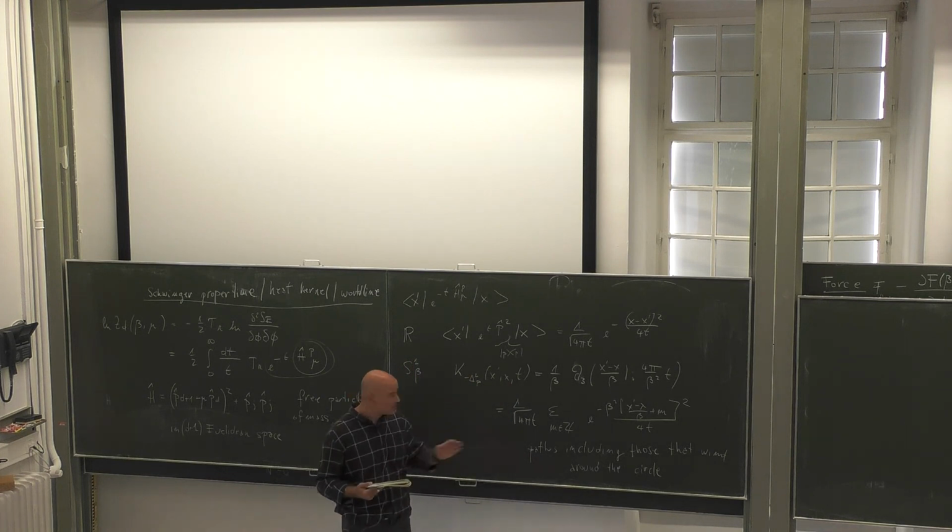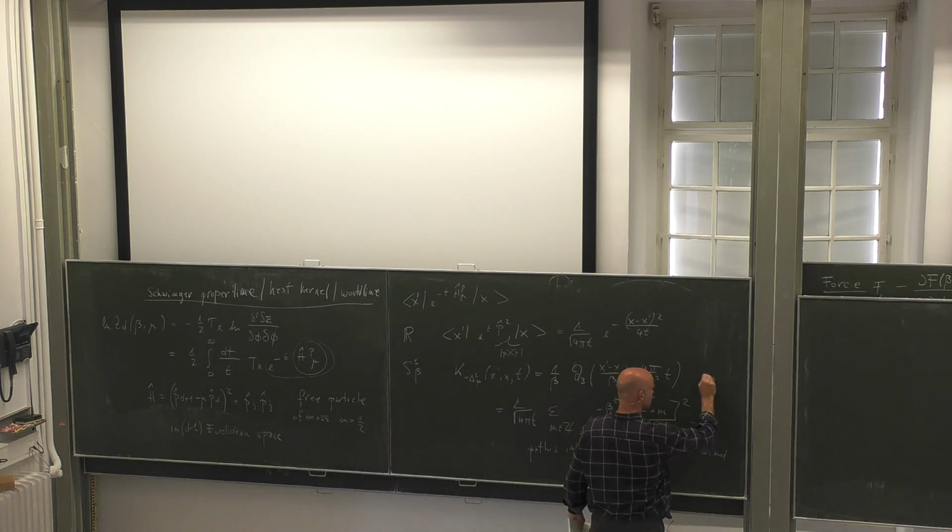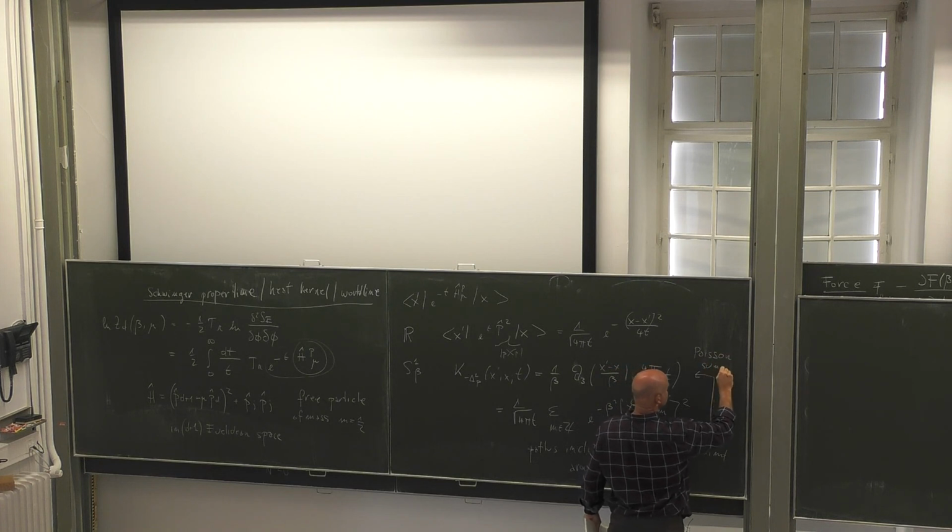Okay, but in the end, you check that both methods give the same result, and in order to check that the result is the same, you have to use the Poisson summation formula. They are related by the standard formula that you can find, and then you see that they are basically the same by the Poisson summation formula. And then you go back to the problem that we have.